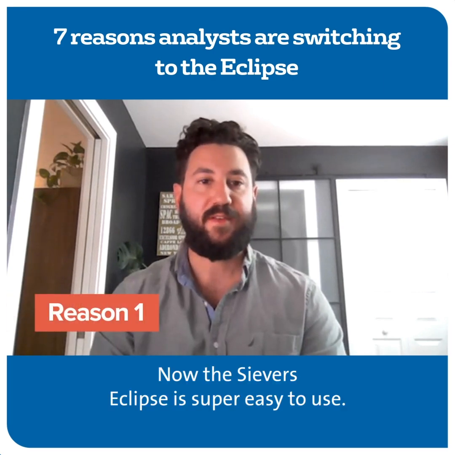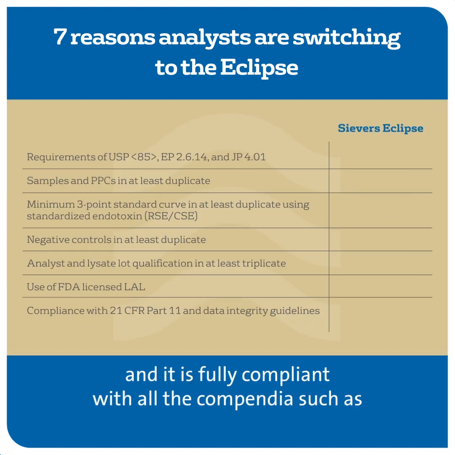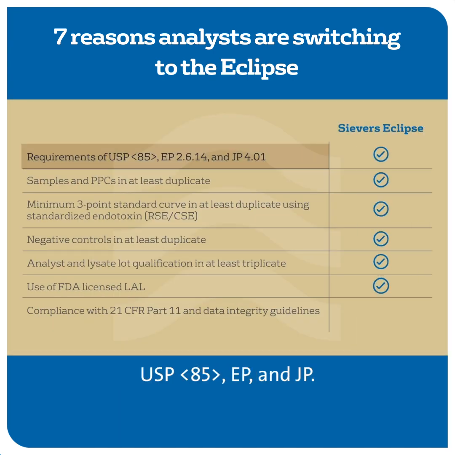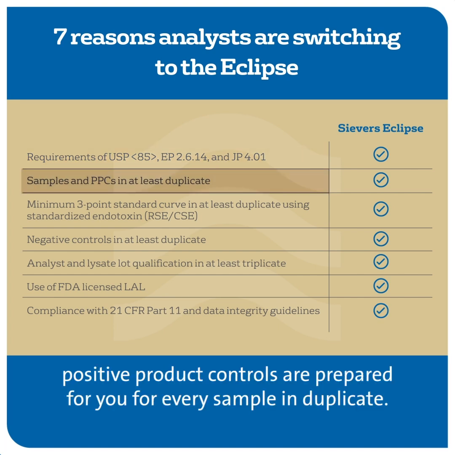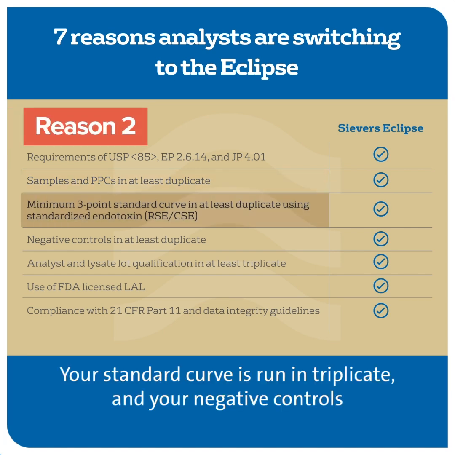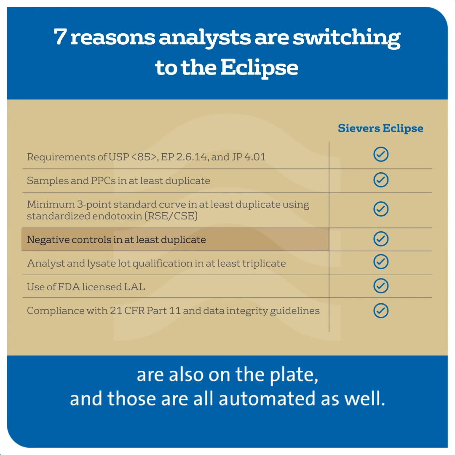Now, the Sievers Eclipse is super easy to use, and it is fully compliant with all the compendia, such as USP 85, EP, and JP. On the microplate, your positive product controls are prepared for you for every sample in duplicate. Your standard curve is run in triplicate, and your negative controls are also on the plate, and those are all